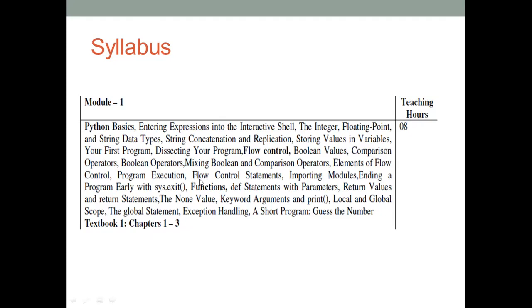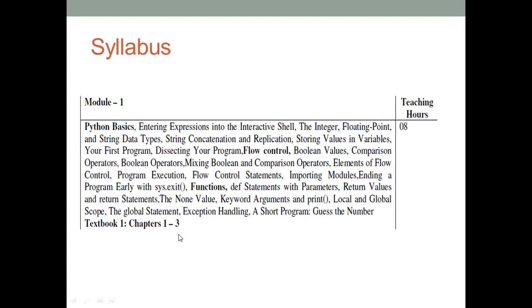And then next, flow control. In flow control we are using conditional statements as well as looping statements. If you want to control the flow of execution of your program, mainly we use while, do while, and then the for loop. So those looping statements we discussed in flow control. Here in flow control we discussed both conditional branching statements, unconditional branching statements, as well as looping statements.